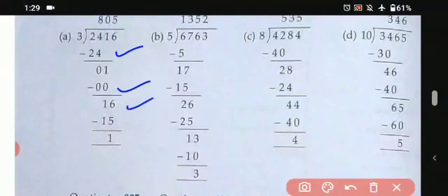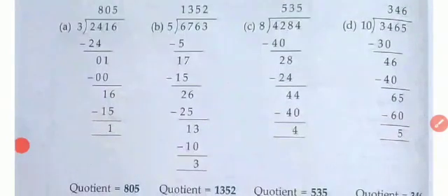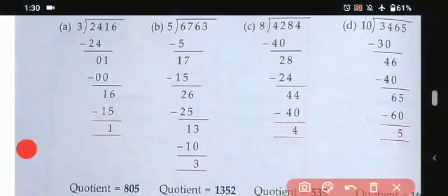So does 16 come? No, students. Yes, 15 does come. So how many times? It's 5 times. So I'll be writing 0 over here because we have taken the 0 here. So 3 5s are 15. So the remainder will be 1. Okay, students, this is how we'll be doing it. The next one is